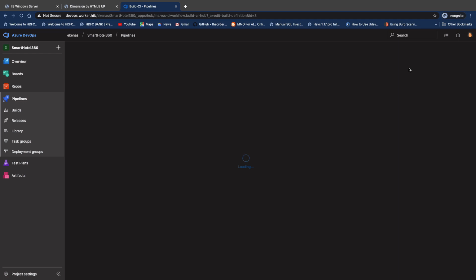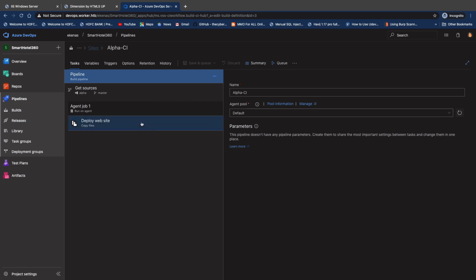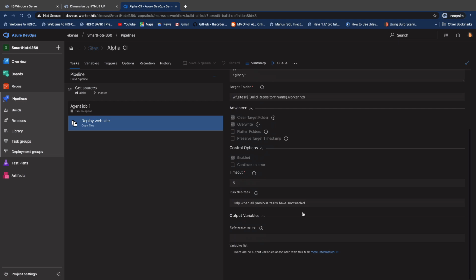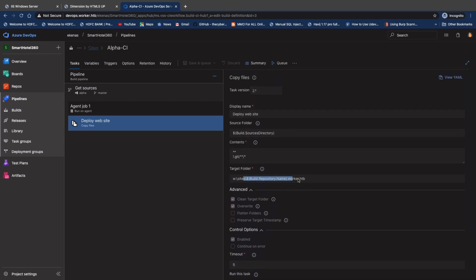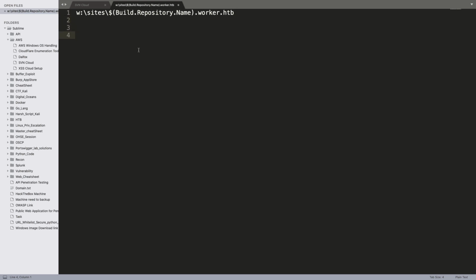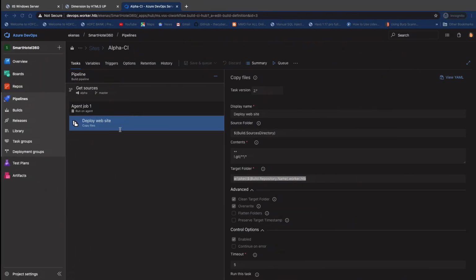Once we check it here, identify whether we are getting any useful information or not. So you can see clearly I have this information here. When I click on the deploy website, you can see this is called target folder, and it is a build repository name and worker.stb. Open everything and check other information. Right now we don't have any other information, so we will remember this. Let me copy that part into my Sublime editor, and further, if we require it, we'll use it. This is my Sublime editor, by the way. Okay, this part is done.